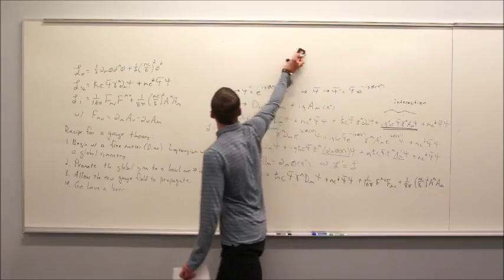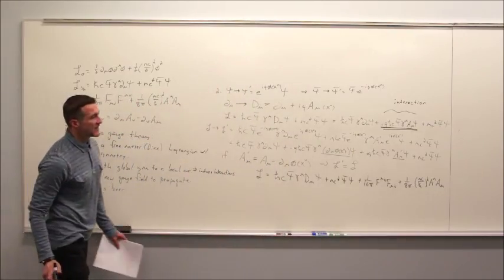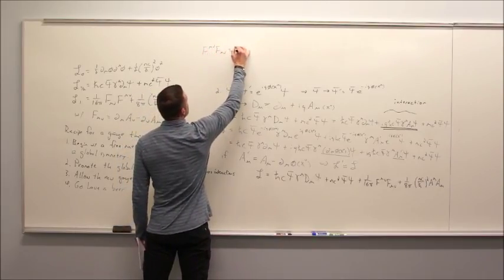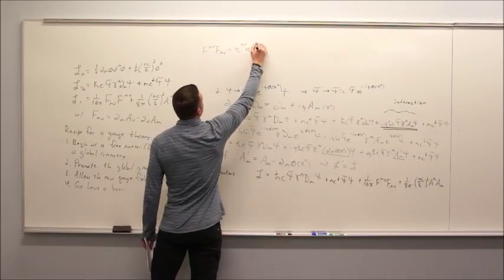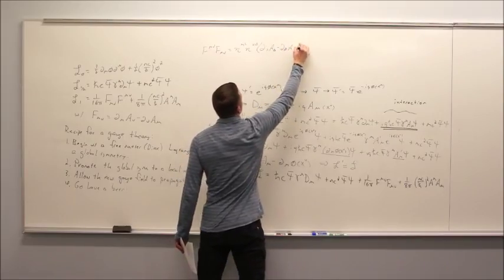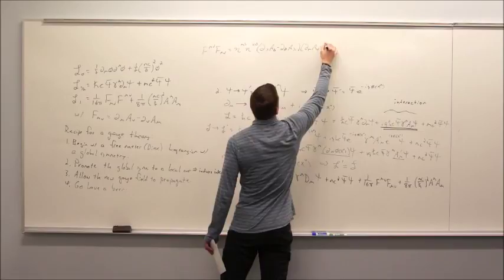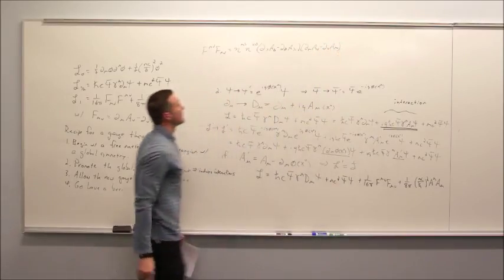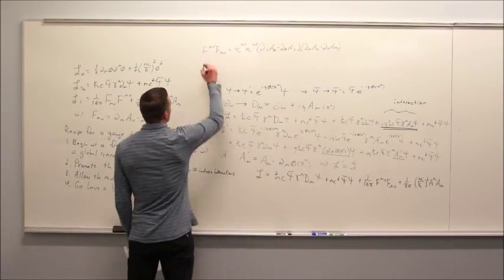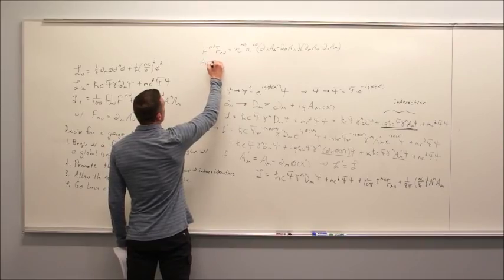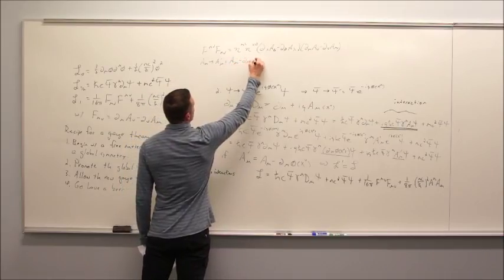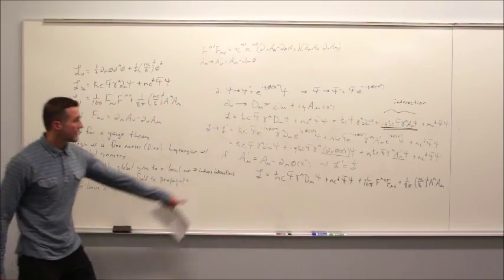Okay? So let's explore the kinetic term for a moment, and then we'll get the final punchline to this story. There are two pieces to the kinetic term. There's the F mu nu and the F mu nu. So we'll start with the F mu nu. Remember that secretly this is eta mu lambda, eta nu beta, d lambda A beta minus d beta A lambda, d mu A nu minus d nu A mu. And you worked with that in your homework. And now what we can do is say, okay, every A, if I transform this, goes to A mu minus d mu phi. That's the transformation here.